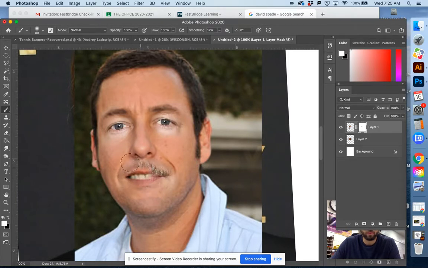And white is going to bring back. Now, if you look at their skin tones being a little bit different, David Spade being a little bit lighter, the picture was taken with a little more exposure. That's why I turned the opacity down on the brush to around 50. And then when I click, it's not such a heavy transition, and I can kind of pick and